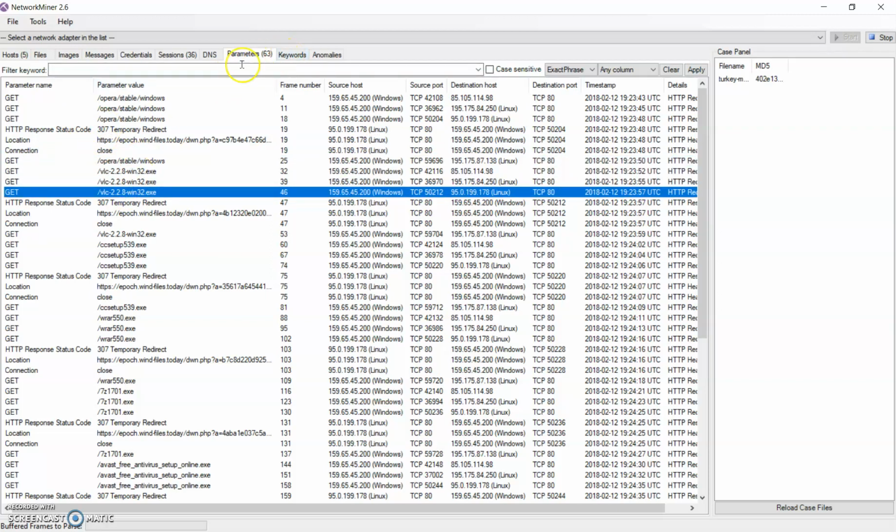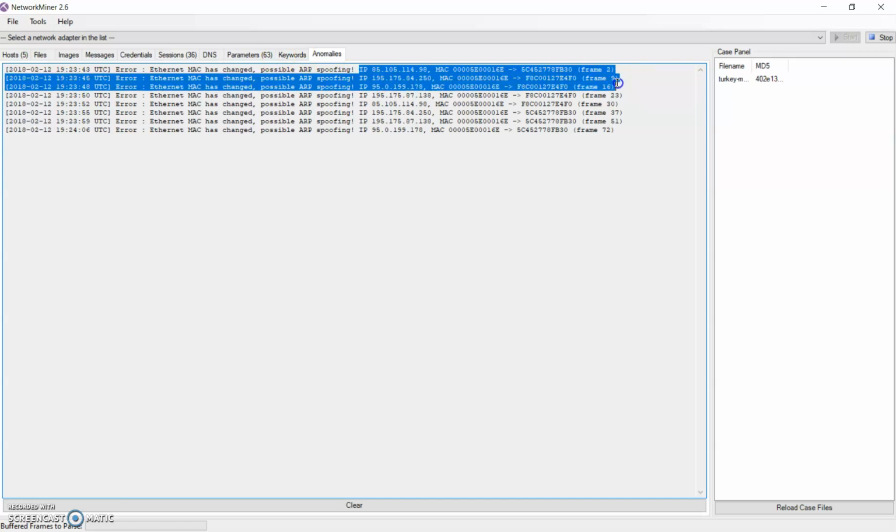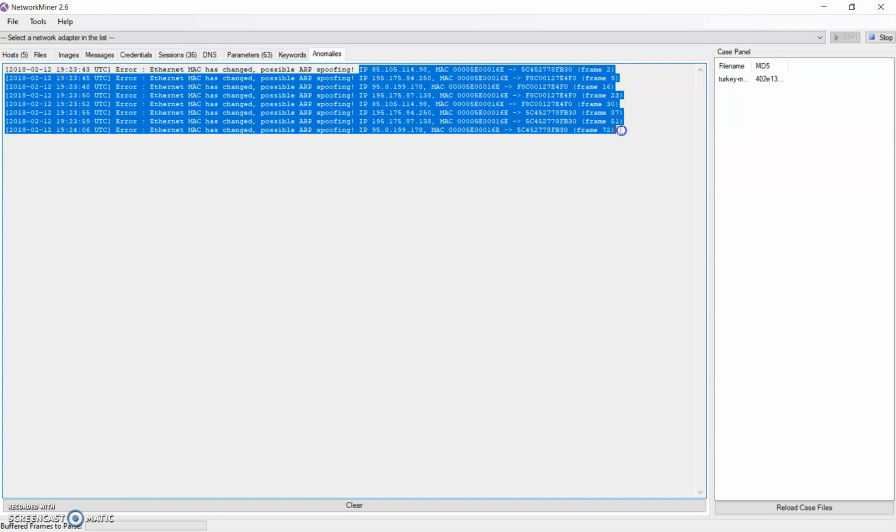Upon these parameters, an analysis was done by the software itself, which detected that there can be a possible ARP spoofing attack, and it shows the IP address, the MAC address, and which frames show the possibility of ARP spoofing.